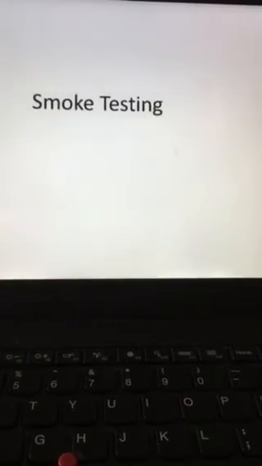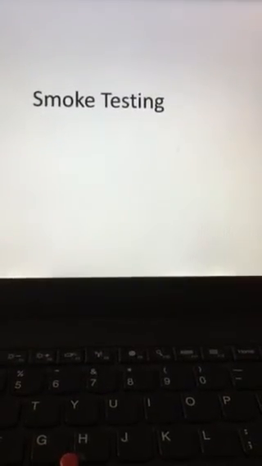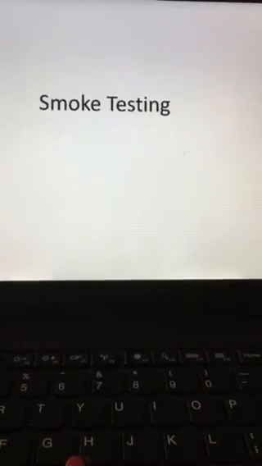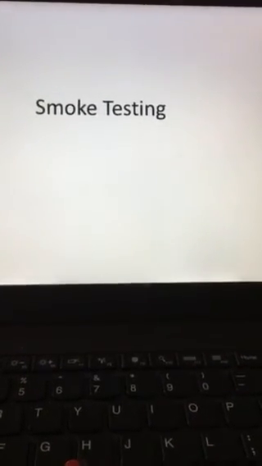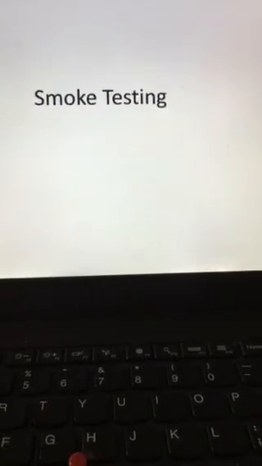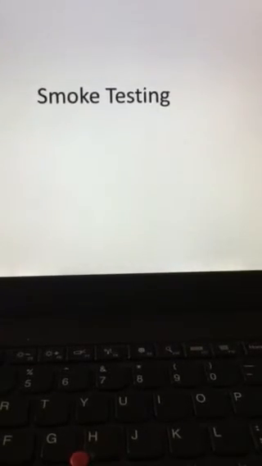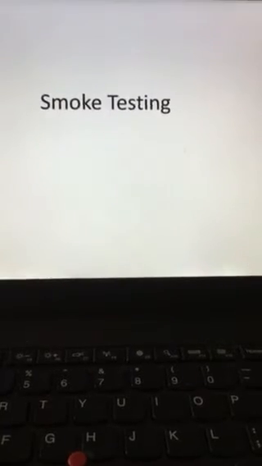So this is not your actual testing, guys. This is just to make sure that you can start your testing. This is called smoke testing because in olden days, when electrical appliances were developed, they used to plug it on and then run away from the room. If it emits a lot of smoke, it means that they have screwed it up. If it does not emit smoke and it is good, then their test passed. That's how they used to test their own appliances.